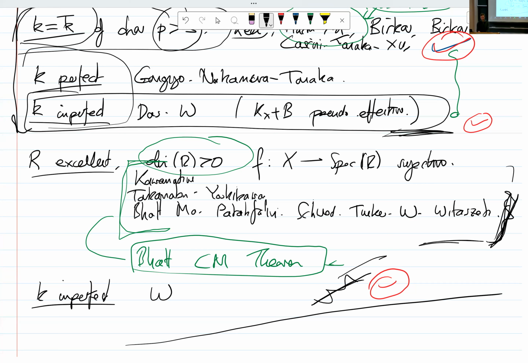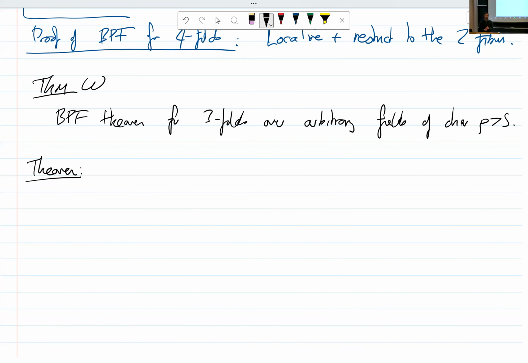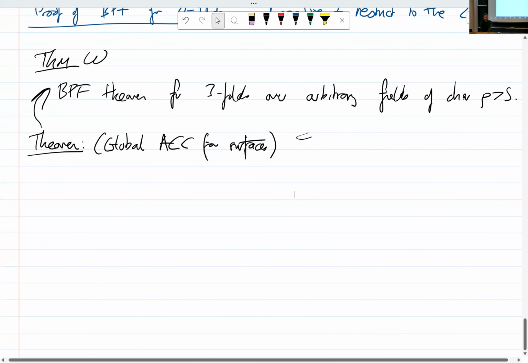Okay, so this was the theorem. The main technical point was, well, we needed this boundedness of del Pezzos, and the reason we wanted the boundedness of del Pezzos was the global ACC for surfaces. Okay, so this global ACC goes into the proof of this thing. Okay, and it's this one that I'm going to kind of justify briefly. Okay, so firstly, what is this global ACC? So it's just, well, it's saying